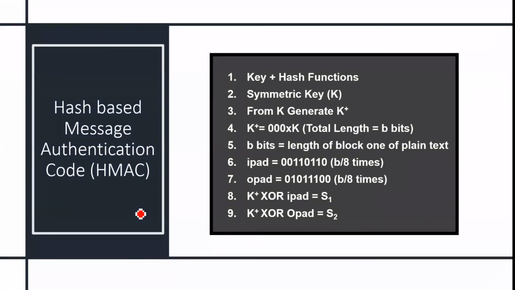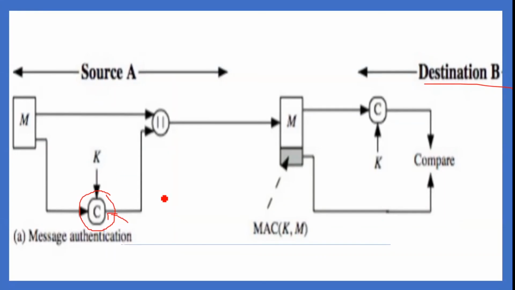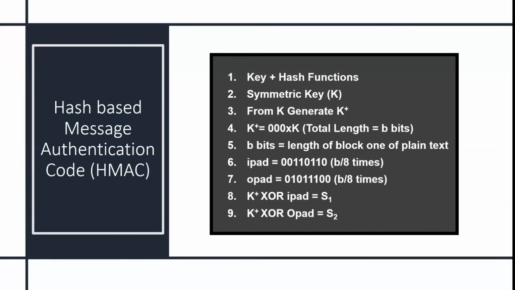The first thing that you have to recall here is the SHA algorithm. But if you see our diagram here, there are two inputs. One is the message and the other is a key that is to be incorporated. As we know, hash functions do not have an input called key. Only the message is an input. So we have to integrate a key somewhere with the hash function here. So जो नाम बोल रहा है hash based message authentication, तो hash function तो use करना है, लेकिन we have to integrate the key also somewhere.